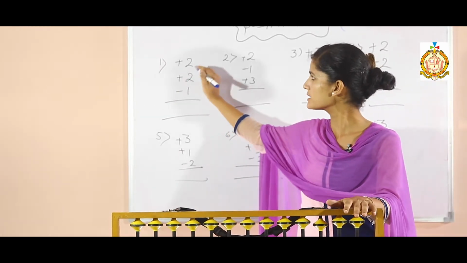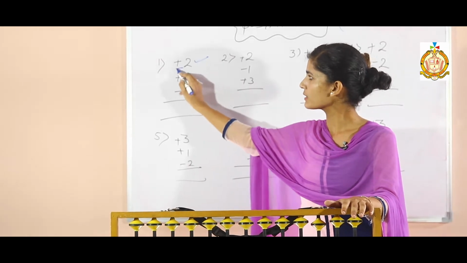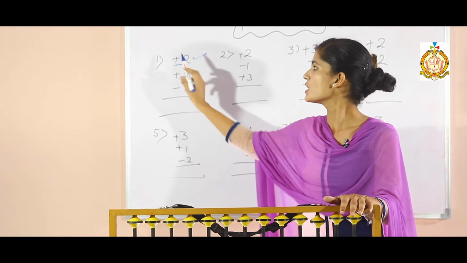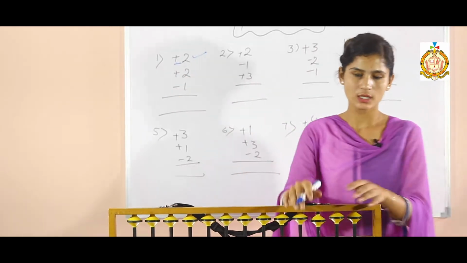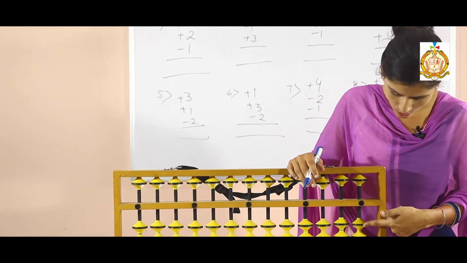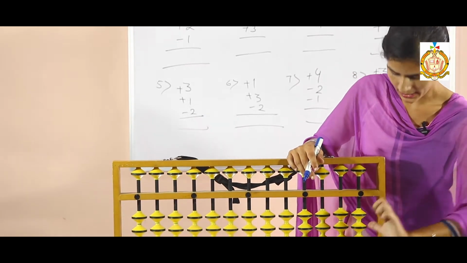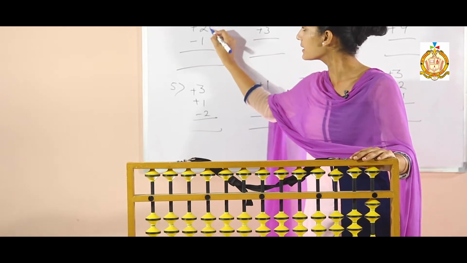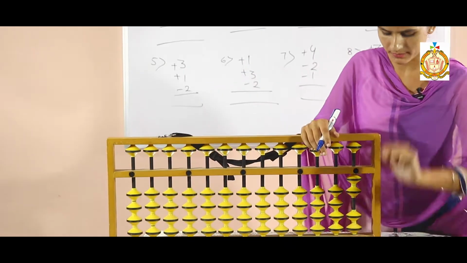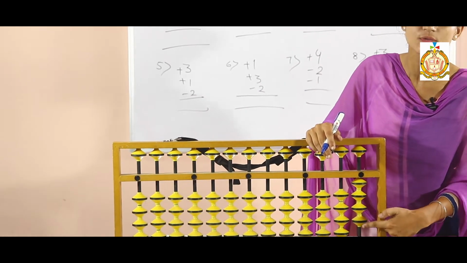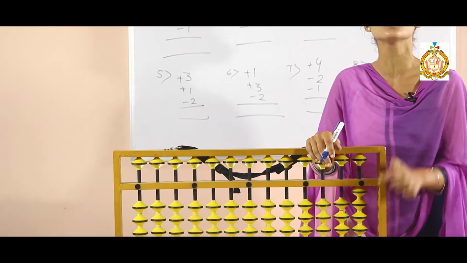So firstly add 2. This sign, look at firstly this sign, this is plus sign. Plus sign indicates addition. So add 2. Now firstly check that your abacus scale is clear. Yes, it is clear. Now add 2 with the help of thumb. Add 2. 2 is added. Now again add 2 with the help of thumb. Add 2 more. Now how many beads are there? 1, 2, 3, 4. It means 4 is added in the abacus.